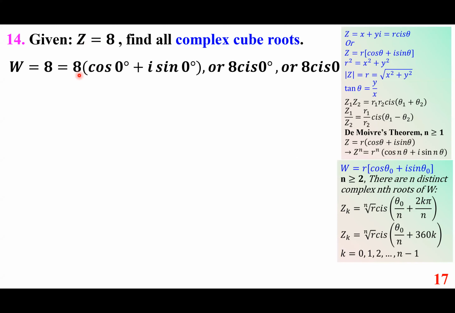So we can write it as 8 cosine of 0 plus i sine of 0. If you plug in, you see that it ends up being what you have. This is 1, this is 0, or with the shorthand notation you can write down 8 cis 0, or simply 0 degrees. All right, so according to this formula,